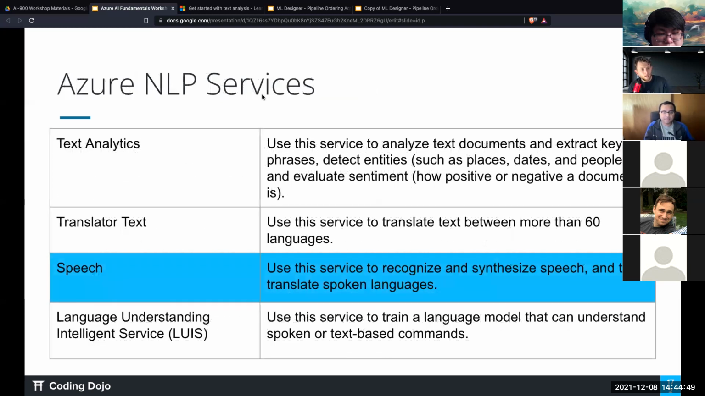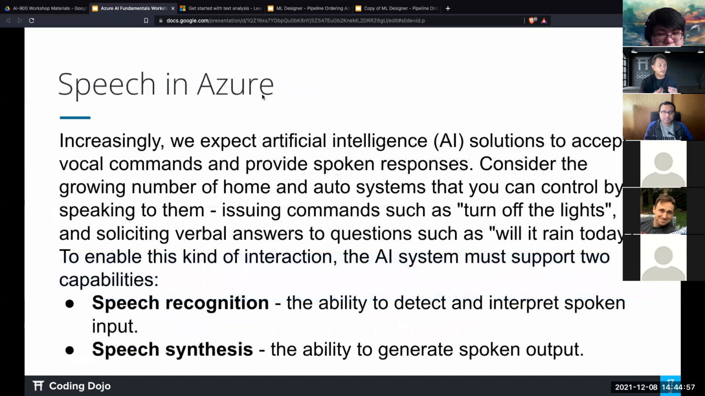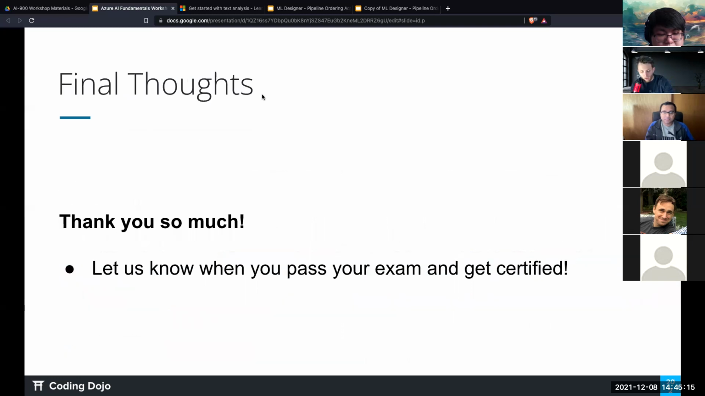Speaking of speech, we can use this service to recognize and synthesize speech and translate that into spoken languages, which is kind of wild, right? I can take speech, it can recognize and interpret the words that I'm saying, and then it can synthesize that and speak out loud. And what's really cool about this, and where I think we are really going with this, is that right now language